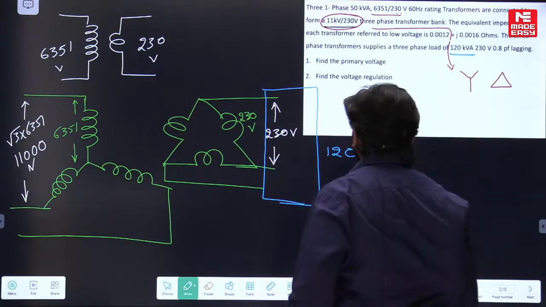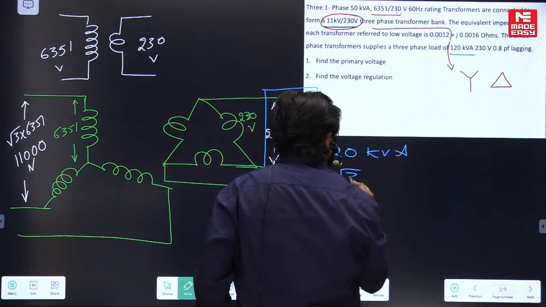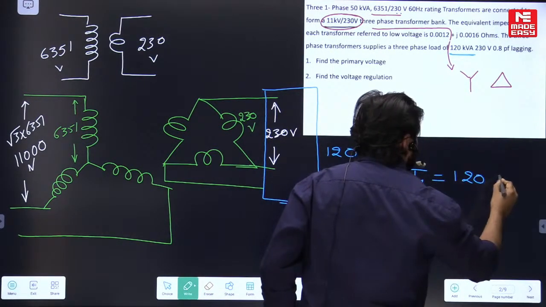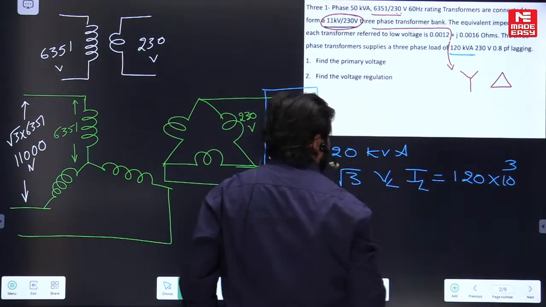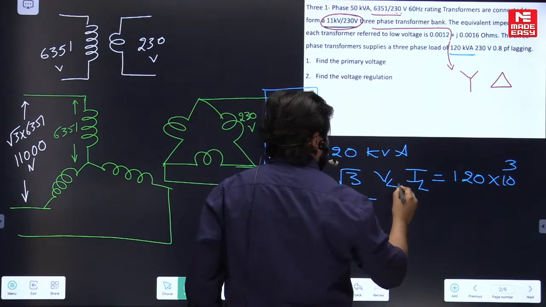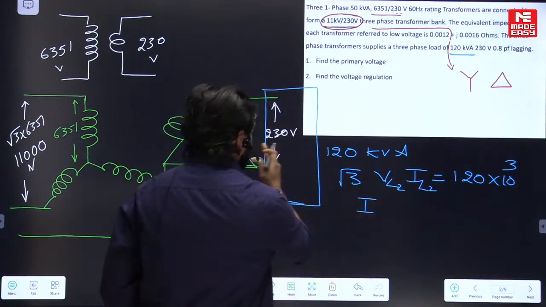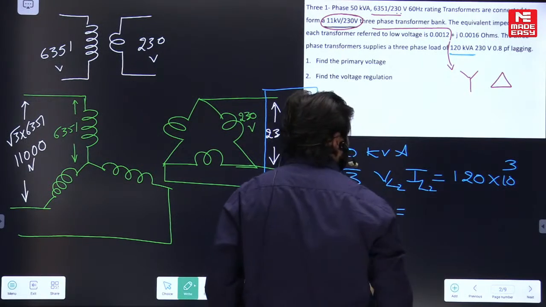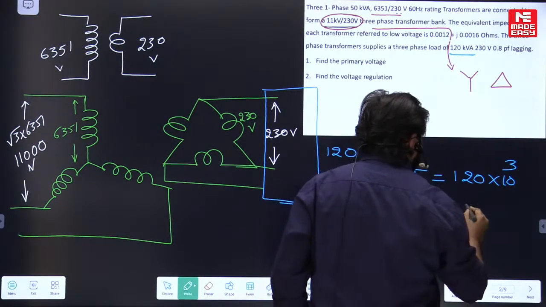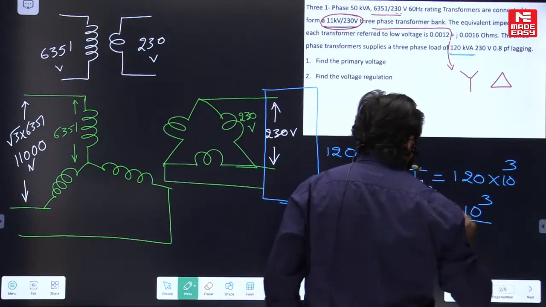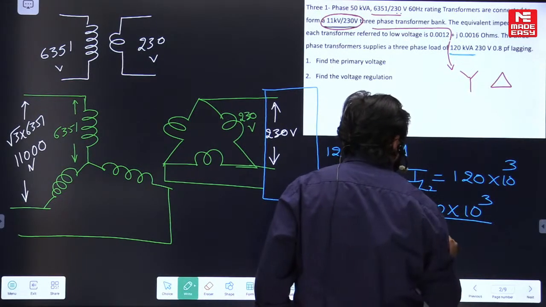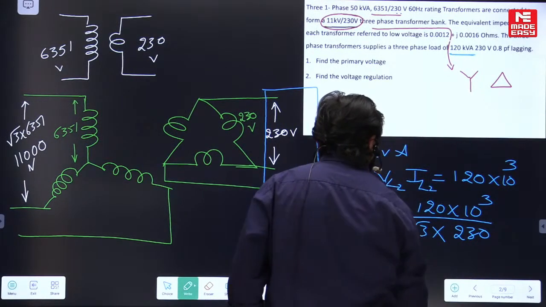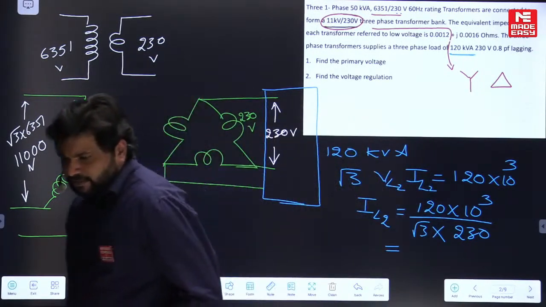120 kVA at 230 volts, and you know root 3 V_L I_L is equal to 120 kVA. As it is the secondary side, load side, I am using 2. So I_L2 is equal to 120 times 10 cube divided by root 3 into 230. Then the I_L2 value is